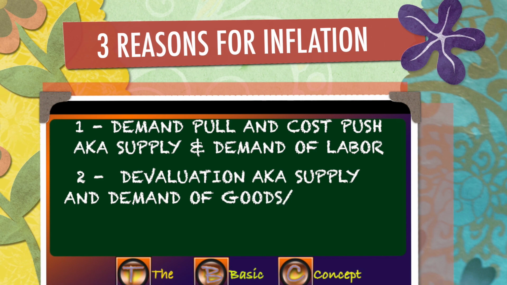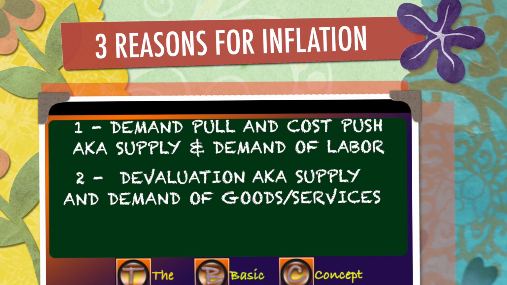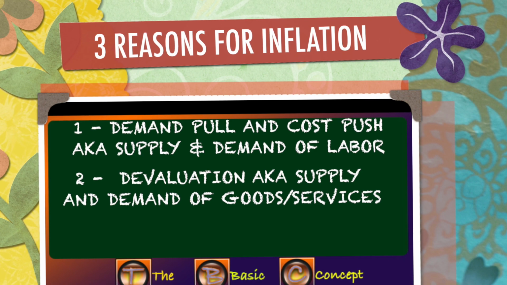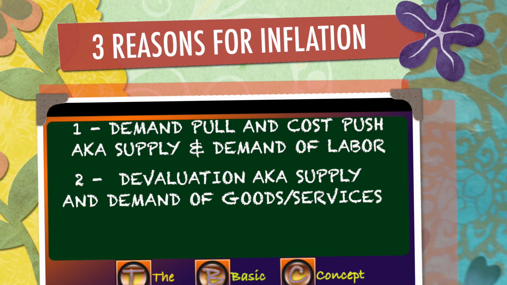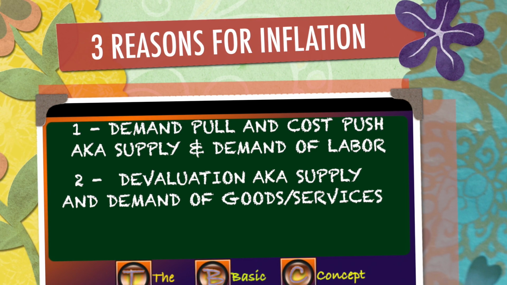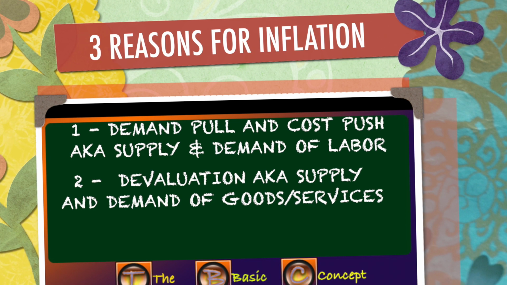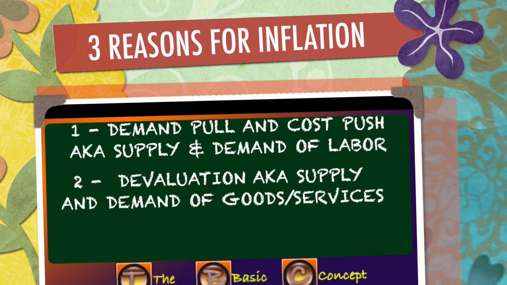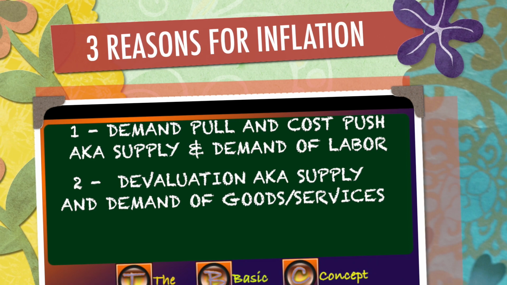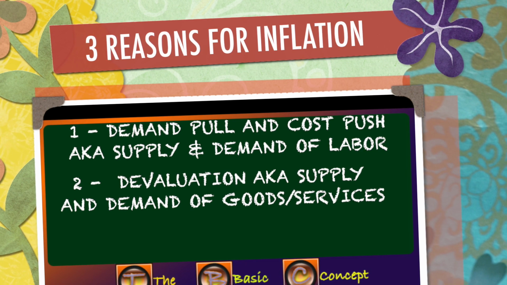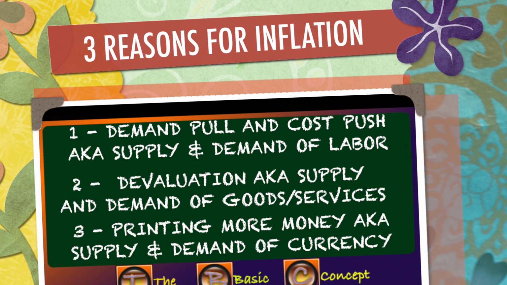Second reason is going to be devaluation. This is mainly caused by import and export. If you are importing expensive goods, there is less other stuff we can buy with the money we have left over. Conversely, if we are exporting goods that are cheap, there are less of those goods left for us to buy since a lot of them are being exported, increasing demand, and the cycle continues. Basically, very similar to the first one, but instead here we are working with supply and demand of goods instead of labor.